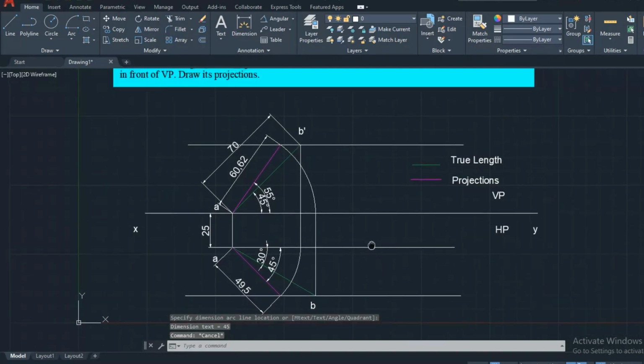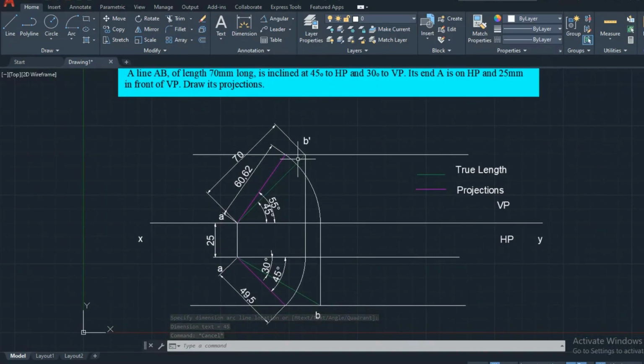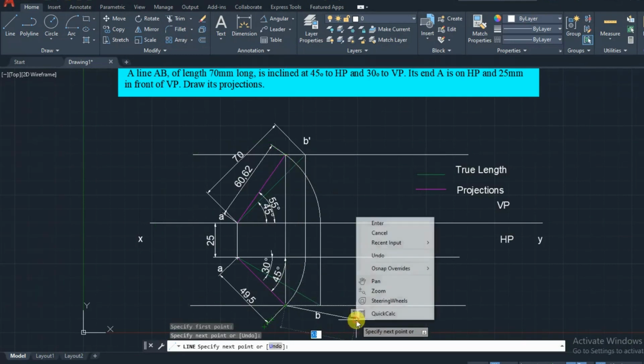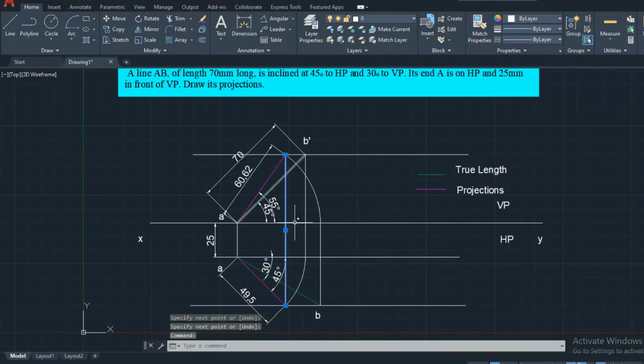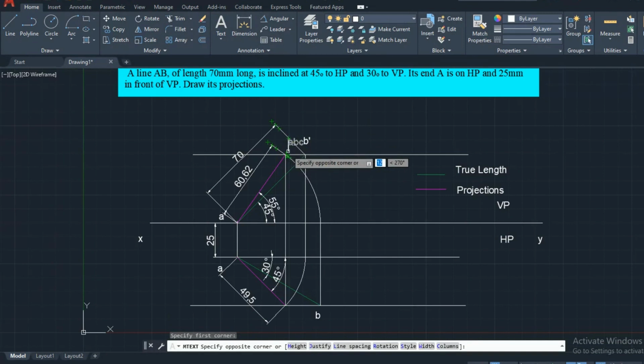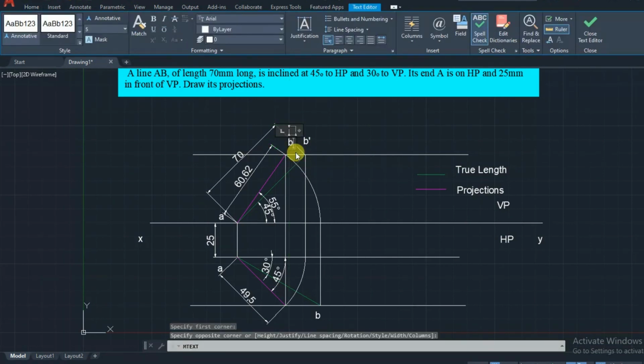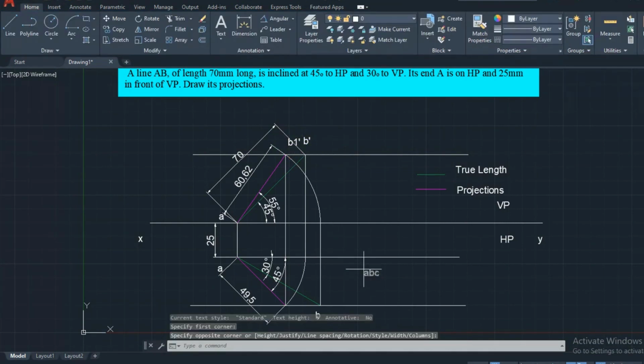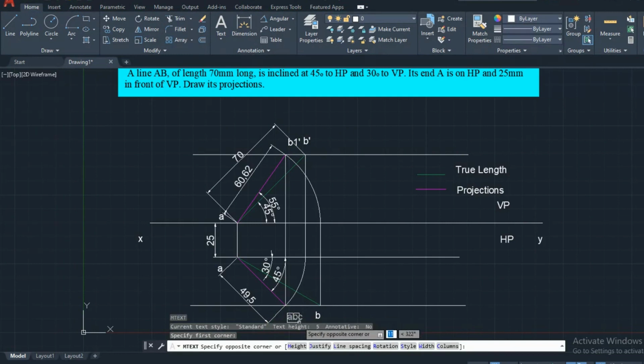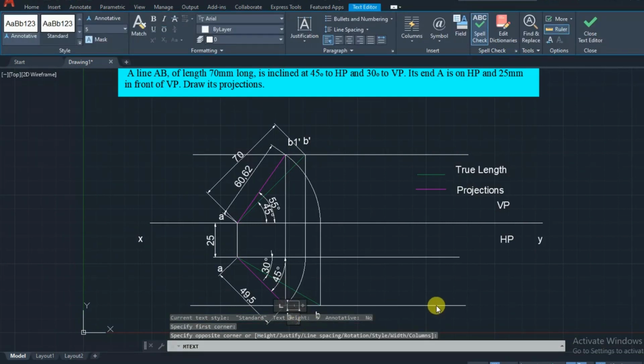To verify the answer, when you draw the perpendicular line to XY, it will intersect the same line. So this is a verification. This line can normally be referred to as a projector line. These lines will always come, so projector line. For naming, here you can use B1 dash. Here, as a top view end, you can use B1.